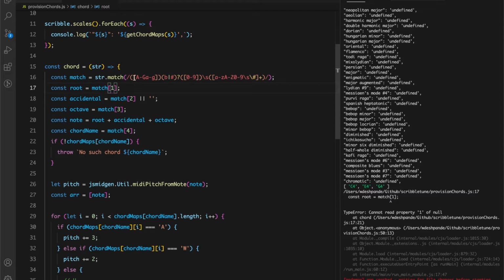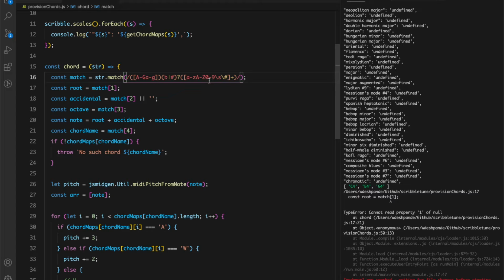We can stick to this guy, the accidental can stay over here, and I don't think the octave may come over here, so we can get rid of the octave. Space also won't be over here because I don't think there is any space in the chords, and the chord names themselves can have either capital A to capital Z, 0 to 9.